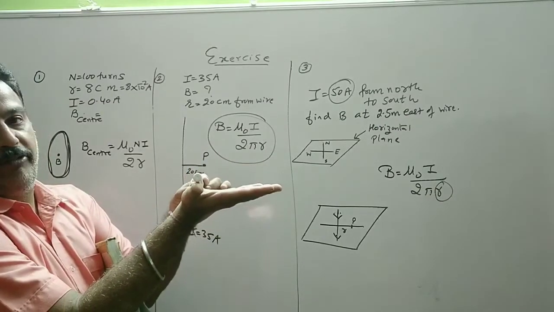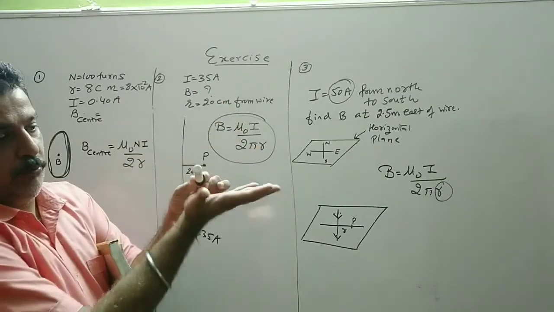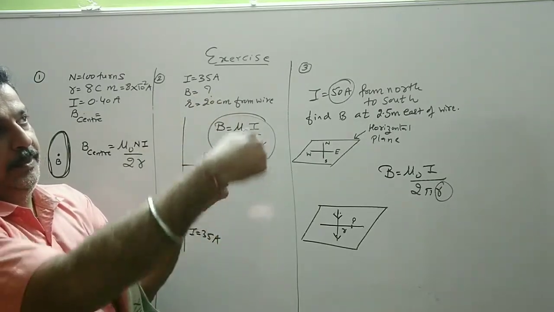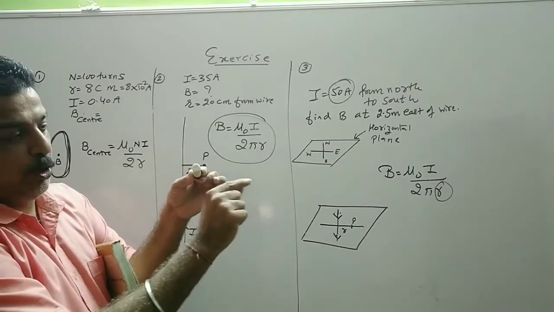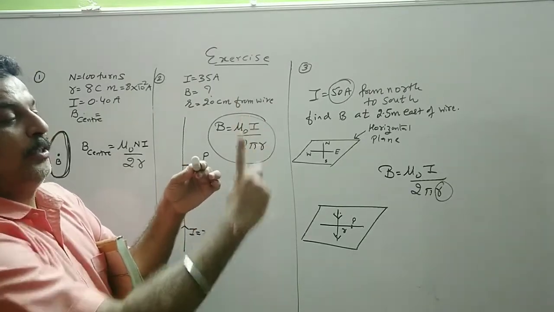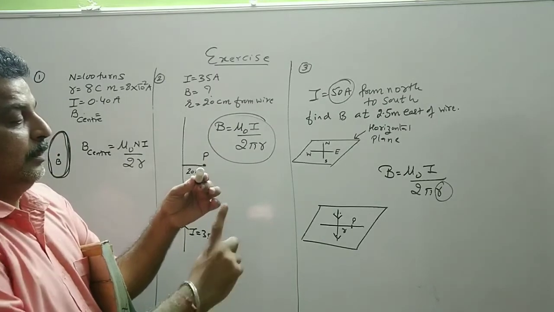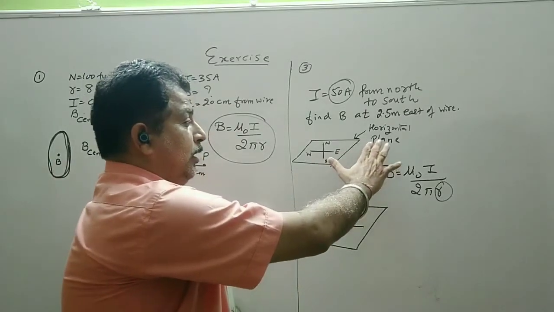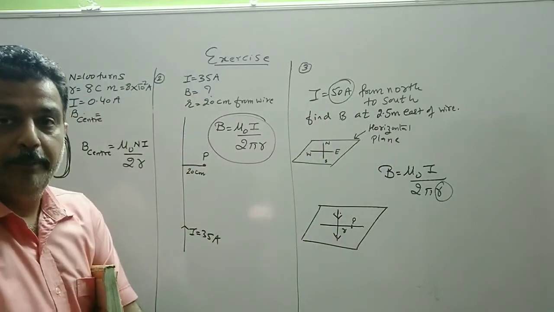The direction of magnetic field intensity will be like this. If I curl my fingers, the circle will be formed in anti-clockwise direction. Point P is here. So if I stop at this point, it will be upward, that is along the tangent. So the magnetic field intensity is in the upward direction if we consider, according to the question, the north-south to be on a horizontal plane.